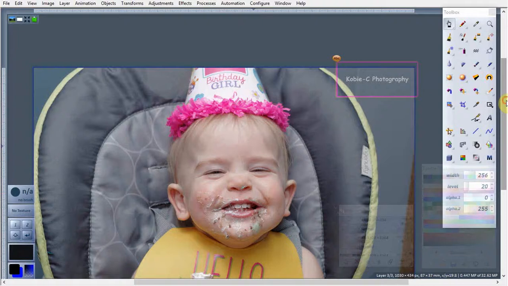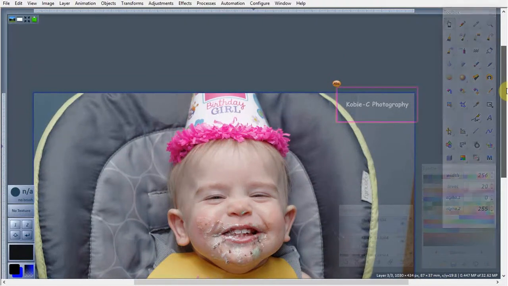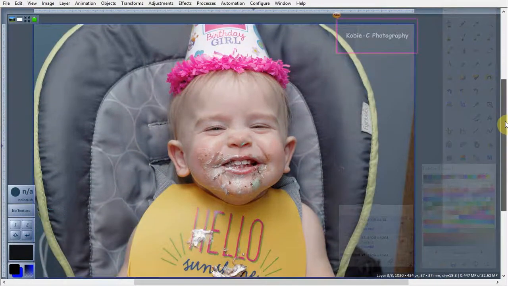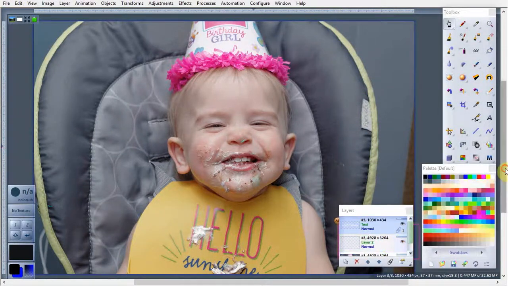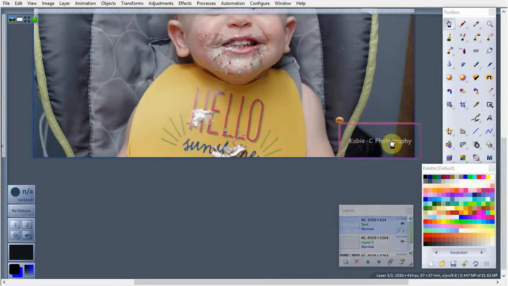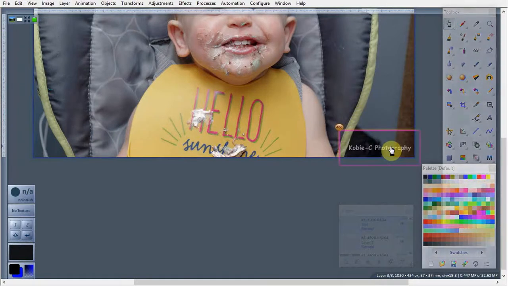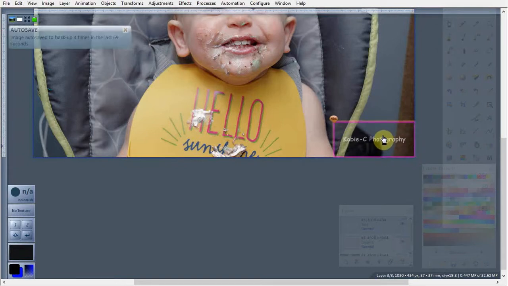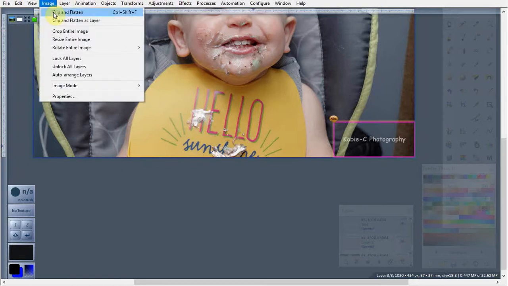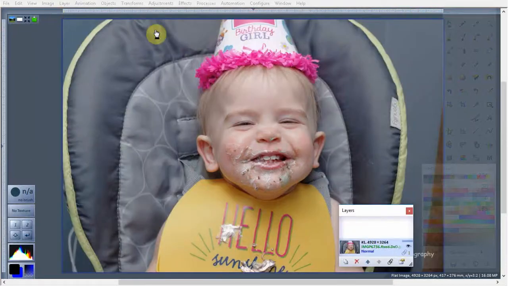Okay, so once you figure out where you want that to be located, or if you want to keep it simple, since ultimately it will be the same size as the actual photos natively coming out of your camera, so if I wanted to just leave it like this, to keep it simple, then you go to image, clip and flatten, and then it'll merge everything together. And then boom,